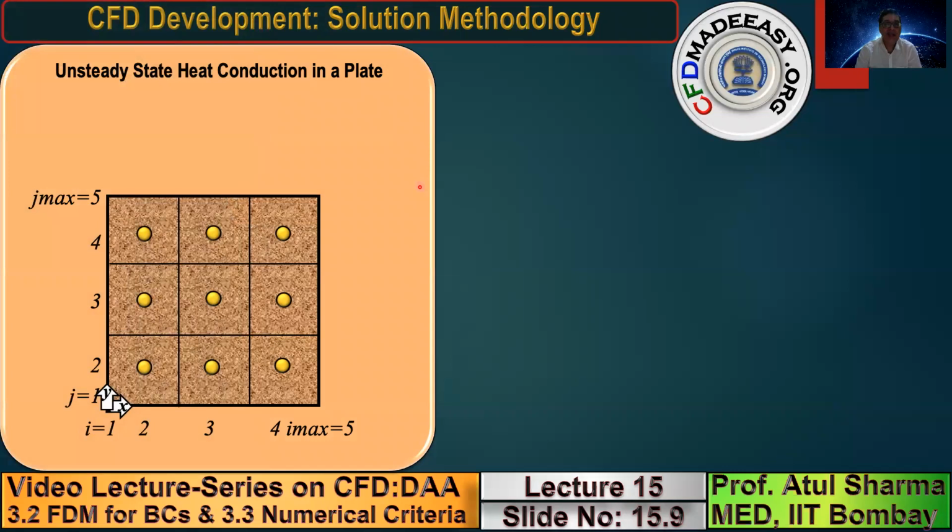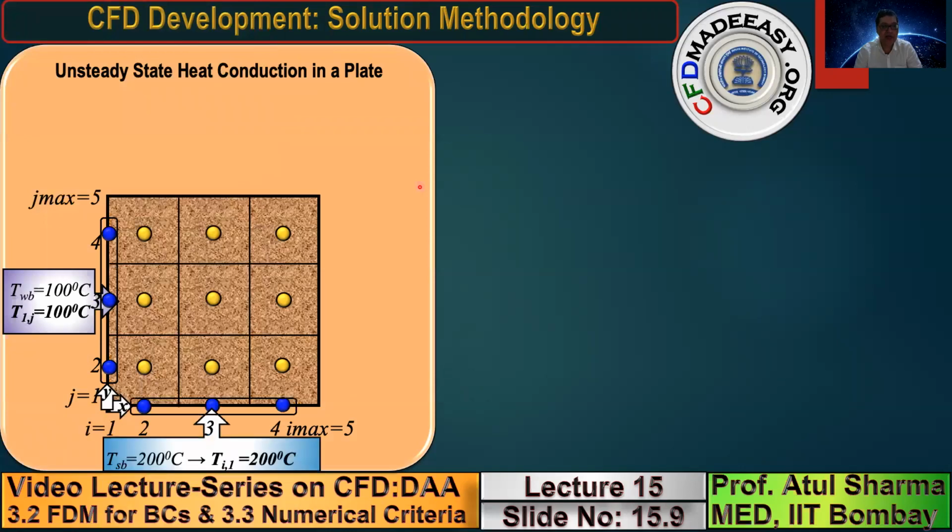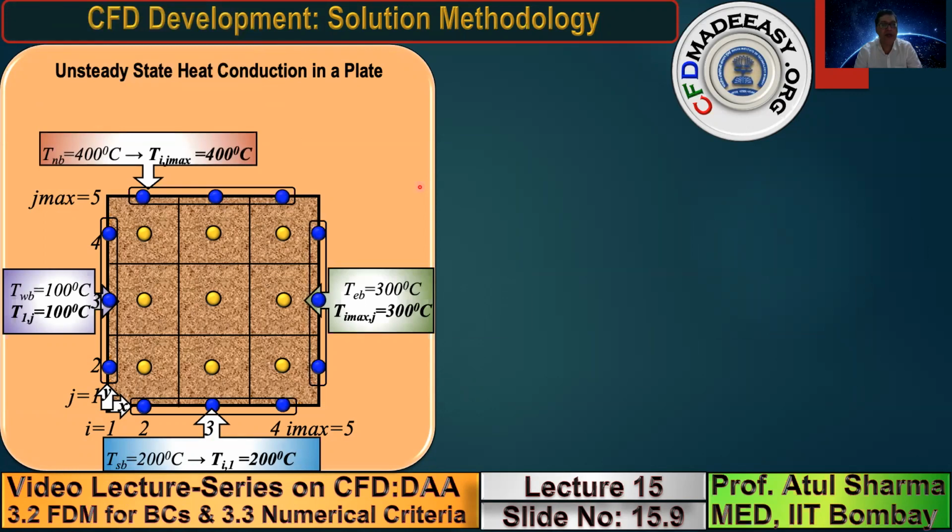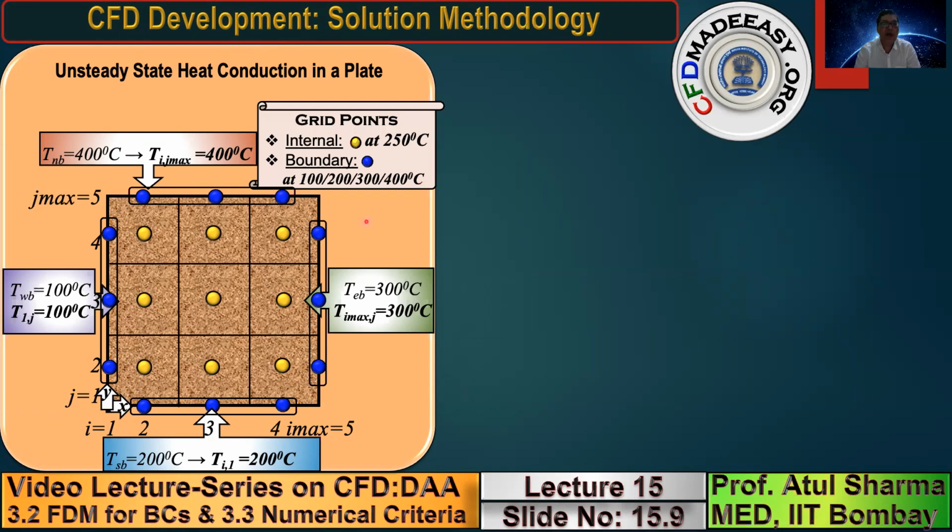In an explicit method, this is just to give you an example. Let us take the simplest 2D heat conduction problem, where the left wall is 100 degrees centigrade, the bottom wall is 200 degrees centigrade, the right wall is 300 degrees centigrade, and the top wall is 400 degrees centigrade. Like your first problem that you solved in the undergraduate heat transfer course, left wall 0, right wall 100, for a 1D heat conduction in a thin sheet. So this is such a 2D conduction problem.